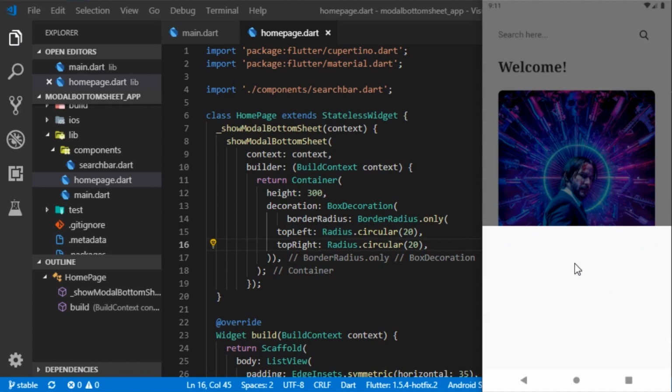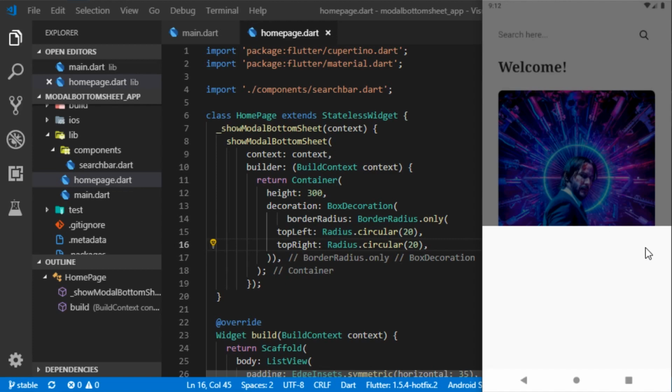Oh, so it is not showing us the radius. Why is that? Maybe there is something that is not transparent. Actually, there is this canvas color property of any theme that is in the background. So I have to make the canvas color transparent. So what is happening here is this container has a radius, but below that there is already a canvas with